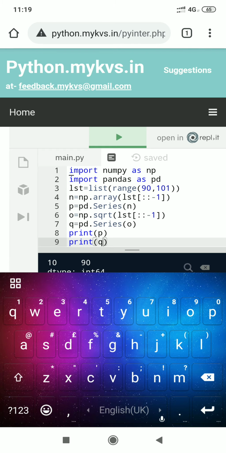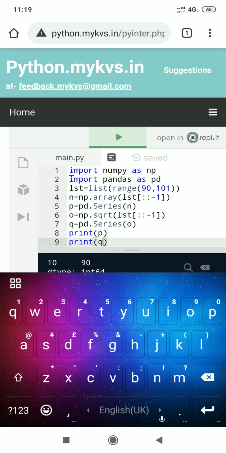Here what we are doing, we are importing pandas and NumPy, then creating a list from range values with type conversion using the list method. It will convert the range value into a list and assign it into LST. Then creating one array to store values in reverse order.